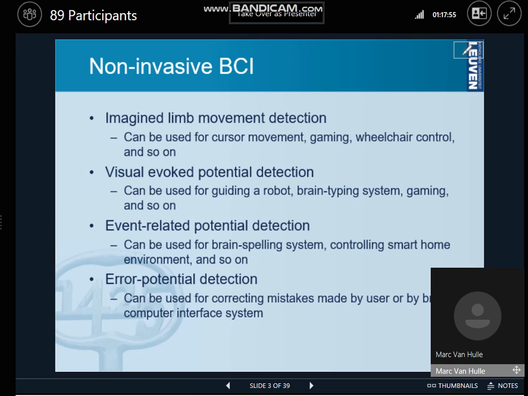Okay, and then other types of paradigms, like the visual evoked potential. We will dedicate a lot of attention to it, because this was the first paradigm that entered the BCI field. Event-related potentials are actually overlapping with it, as we will see, and that's another paradigm. And then you have something weird, which is error-related potentials. When you make a mistake, there is also a potential related to that which you can pick up. So it's sort of a gimmick. Okay, we're going to look at